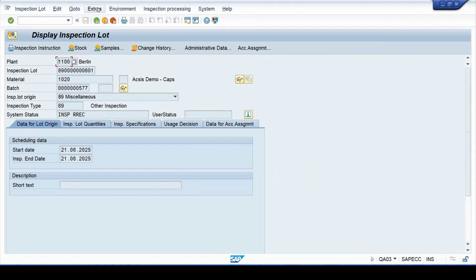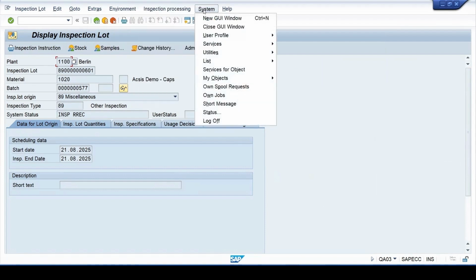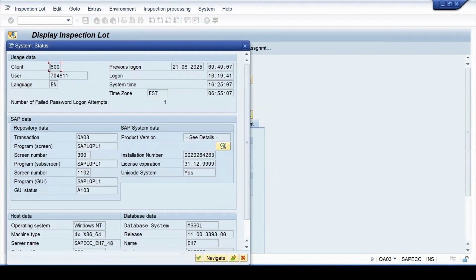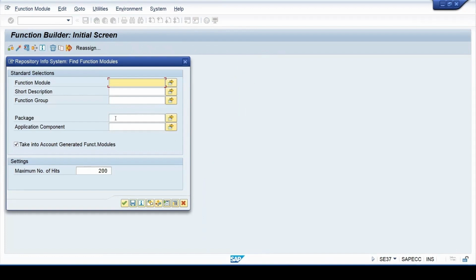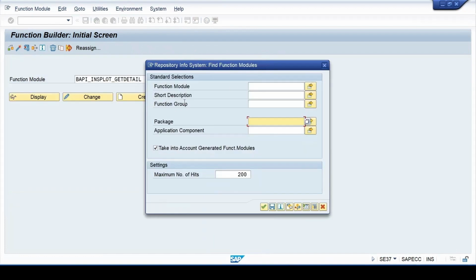Here also, if I select System, Status, see it is inspection lot detail, QA03. Double click on it. Here the package is QL. This is the package you will be entering in this screen. If I am looking for a specific transaction's package, that is how you do it.